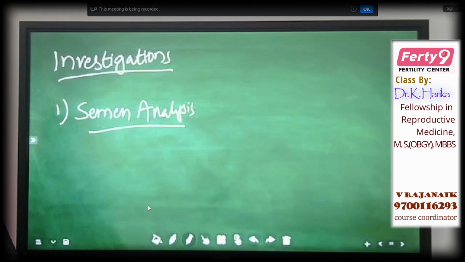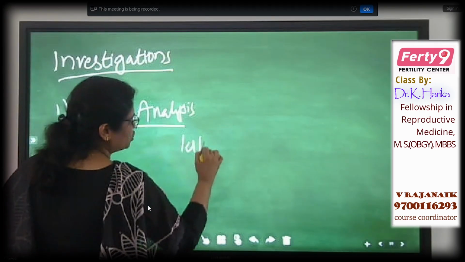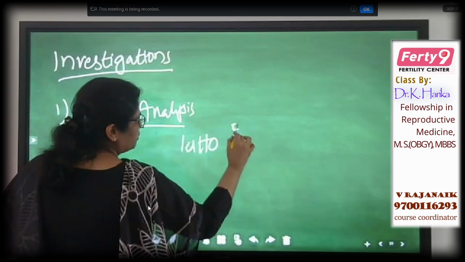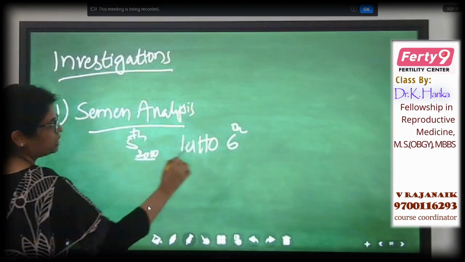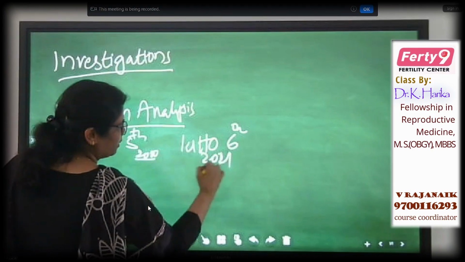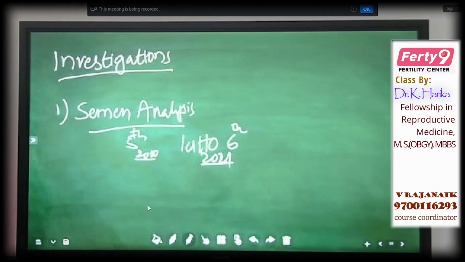Until recently, till 2021, we followed the fifth edition of WHO in giving the sample report, the semen analysis report. But from 2021, we are following the WHO sixth edition. The fifth edition was published in 2010, the sixth in 2021. So there are only minute differences, okay? So according to these,